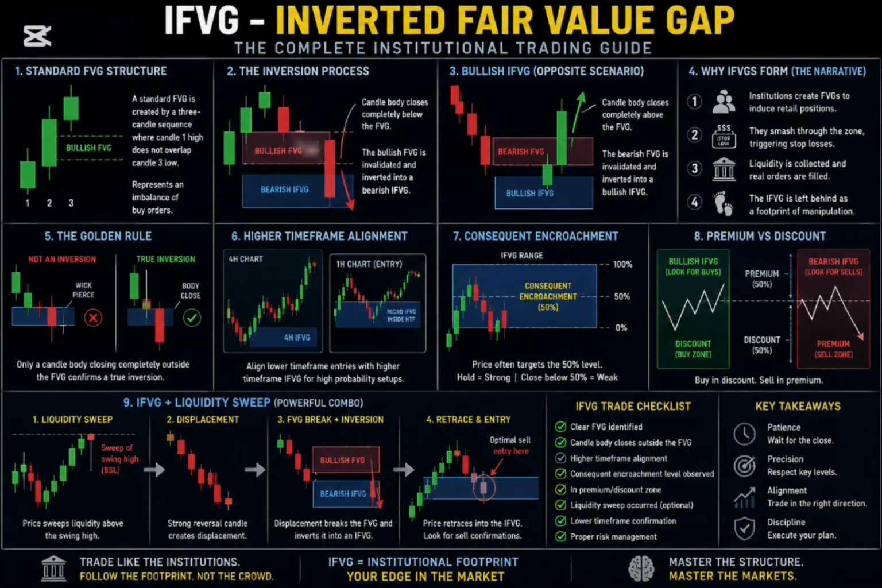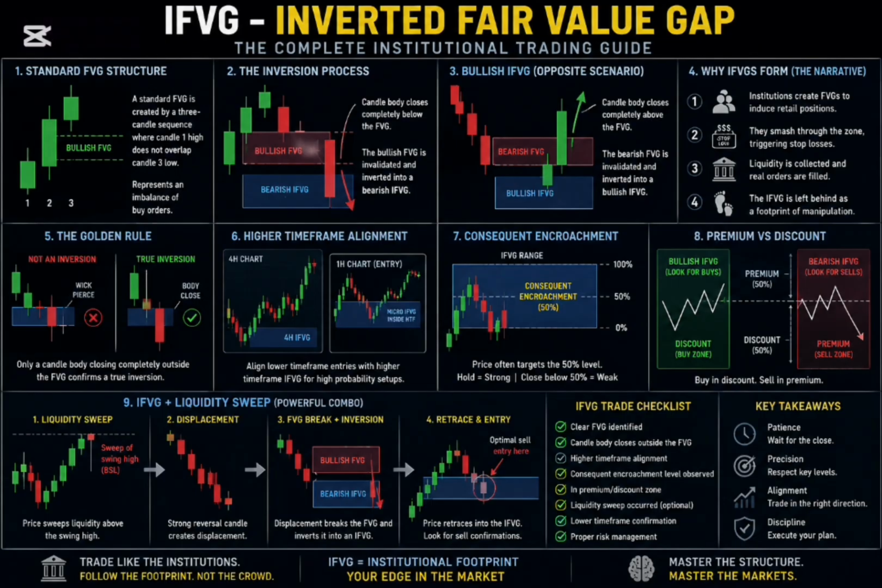The absolute golden rule of the inverted fair value gap is the candle body close. A simple wick violating or piercing through the fair value gap boundary is not an inversion. Wicks represent price rejection, meaning the liquidity was swept but the zone held. If a candle wicks through a fair value gap and pulls back inside the original fair value gap, it is